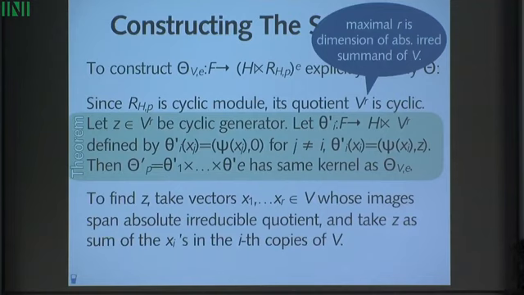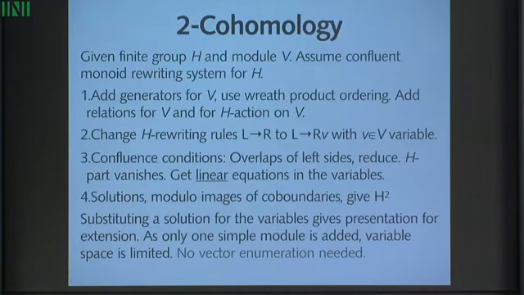And now I have R copies, and I take the vector x1 in the first copy plus the vector x2 in the second copy plus the vector x3 in the third copy. So that's some kind of diagonal object, and we show that works. Okay, so that's